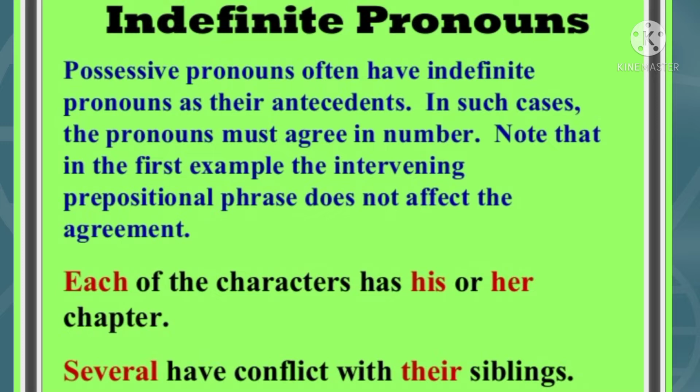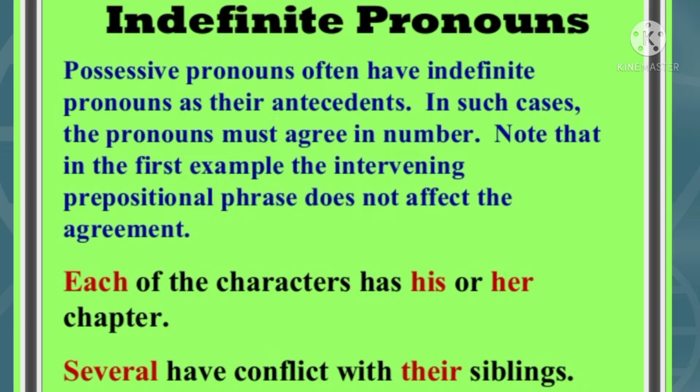Possessive pronouns often have indefinite pronouns as their antecedents. I told you what the antecedent is: the noun which has already been referred to. The possessive pronouns we have learned are his, hers, its, theirs, ours, etc. So these pronouns are used after the indefinite pronouns, and you see there is